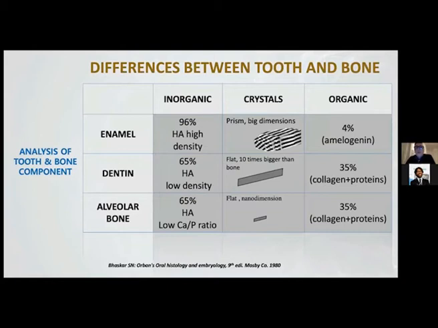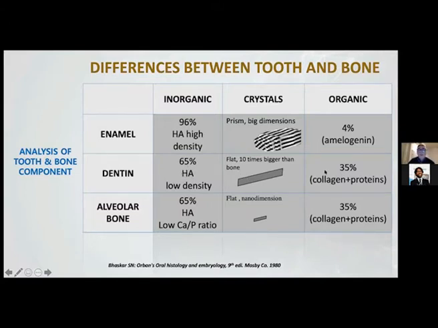So the difference between a tooth and bone is very thin. For example, enamel is completely different from alveolar bone because it is 96% HA with high density, and the crystals of the HA are a prism, with a big dimension. But the dentin has the same quantity of inorganic parts, and the dentin is made of HA with